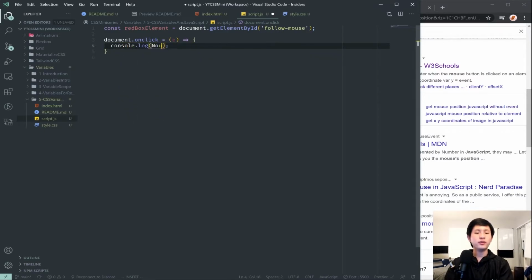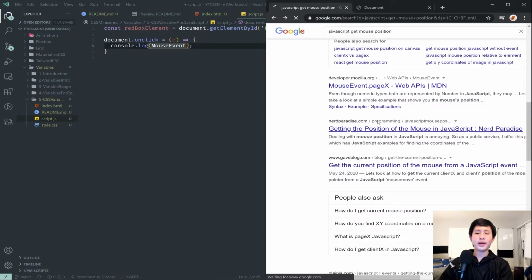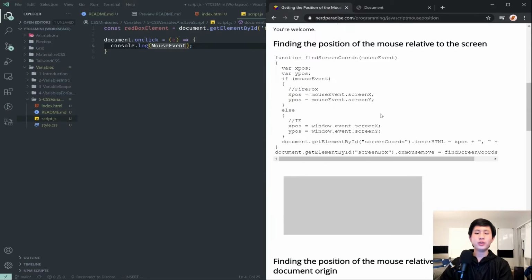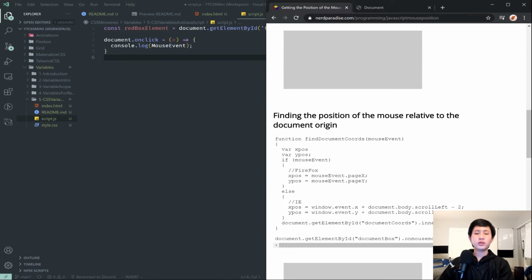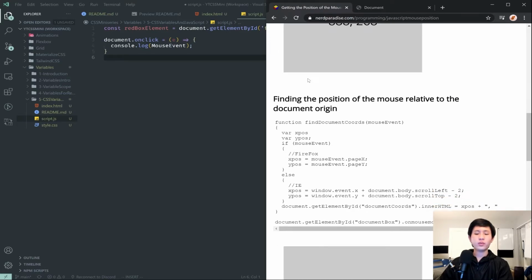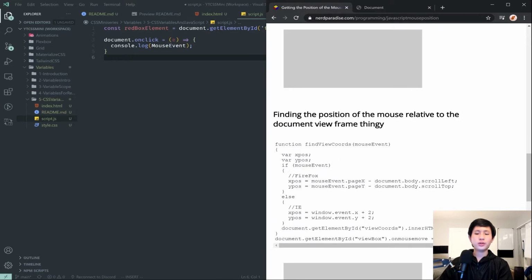It might be MouseEvent.page. Nope. I'm trying to figure out how to get the position of our mouse, which is what we need in order to make our red square do that. So window.event.screen. Okay. I don't want to do it this way, but